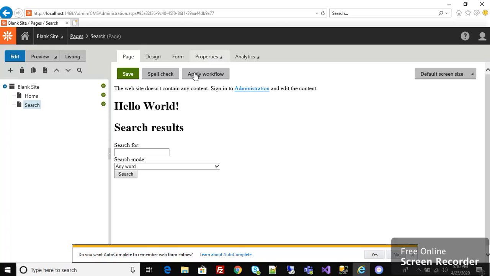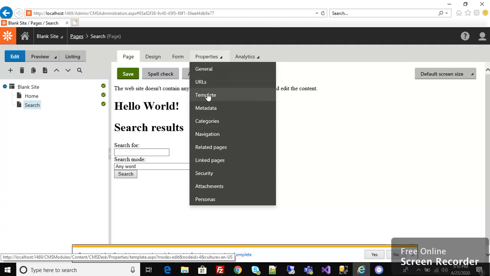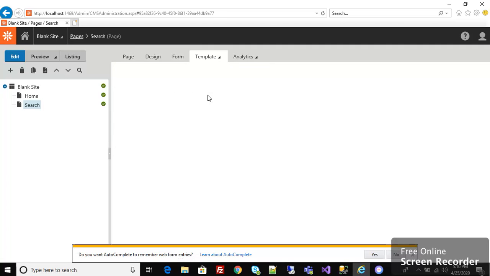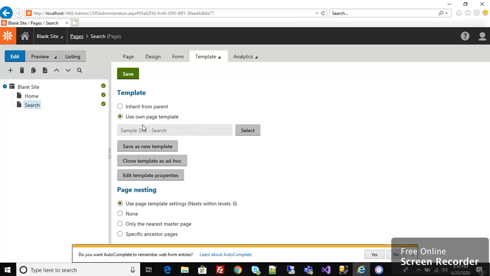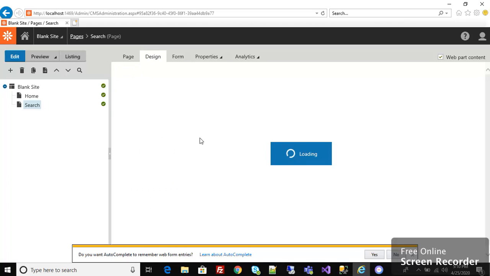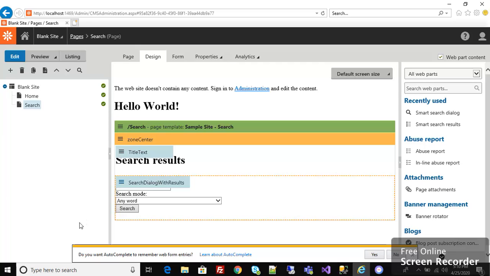When we choose that new page and page type, it automatically assigns a page template which is already inbuilt in the system, that is sample site search. On the sample site search, we already have web parts created on that page template for the search.